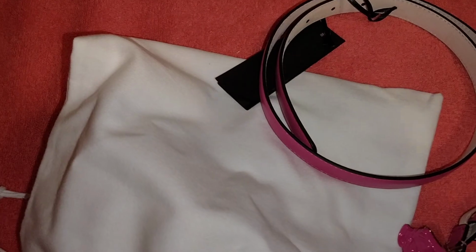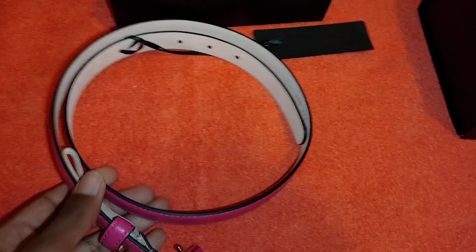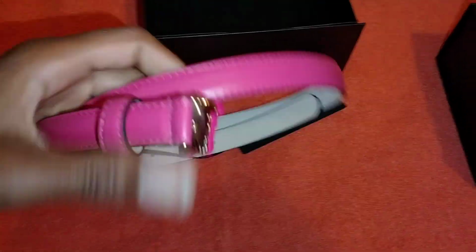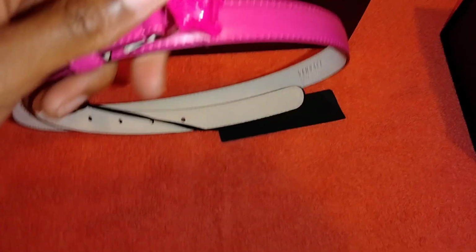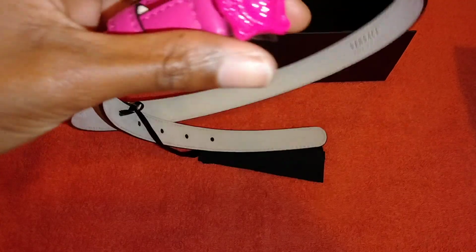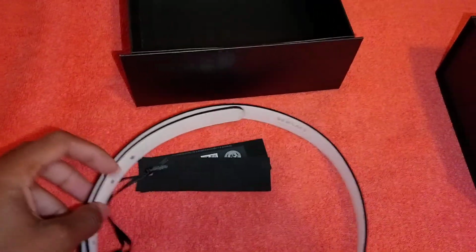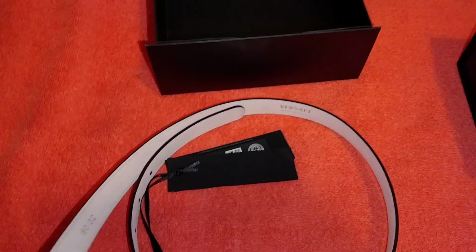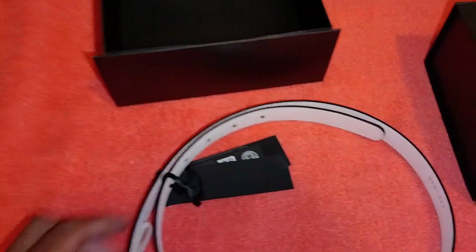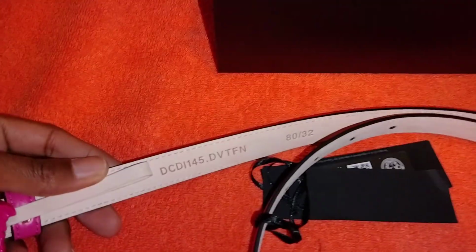and oh yeah, this is super nice. This is the pink Medusa head with the pink belt, and off rip, this is definitely smaller than my black Versace belt. So I'm wondering, is it the exact same one? Okay, this looks a little bit different than that one because this has serial numbers. This is a size 80